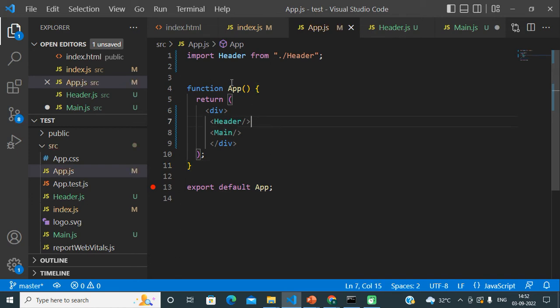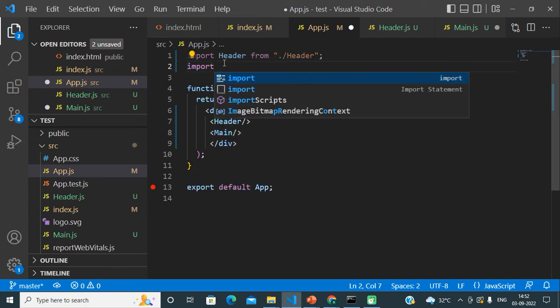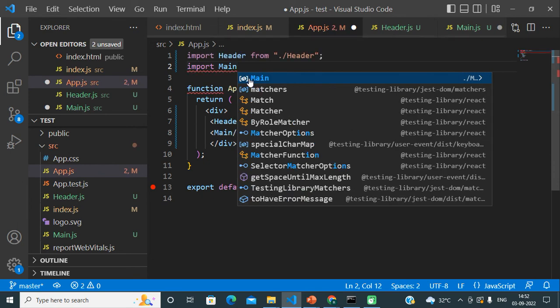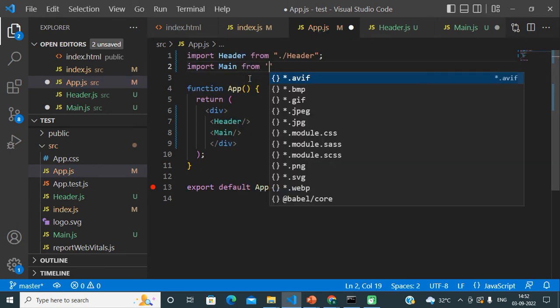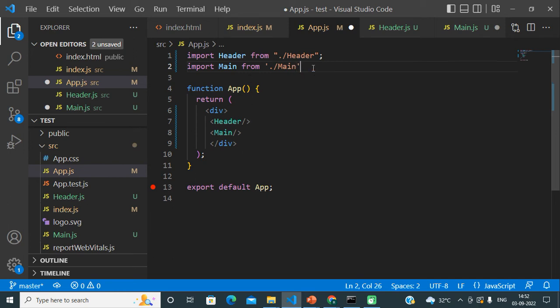Okay friends, now I have to import these two components in the same file, because I am rendering them from here. Just observe what steps I am following. Okay, that's it.